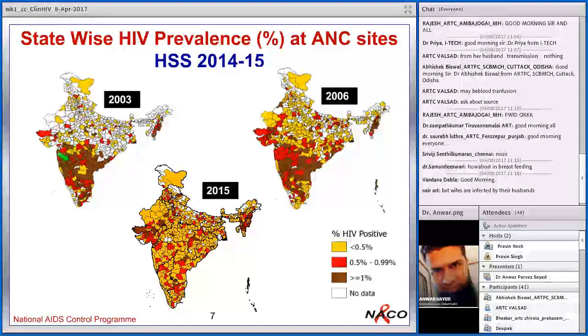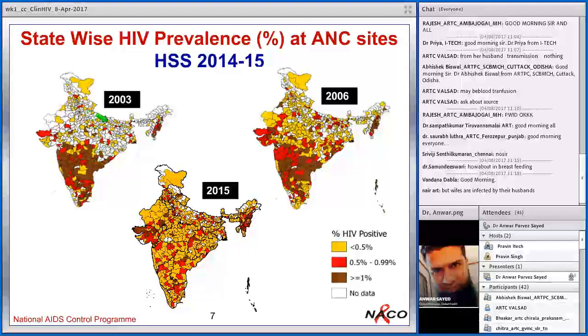Initially, we used to say that there are 6 high prevalence states. If everyone remembers earlier days, 4 in South India and 2 in Northeast. But slowly the scenario changed. People migrate, they do migrate, and also all these efforts have happened for reduction of prevalence. In high prevalence states, you can see the prevalence is declining. It is less than 0.5%. But if you compare this with this, now everywhere you will see HIV in some number or the other.